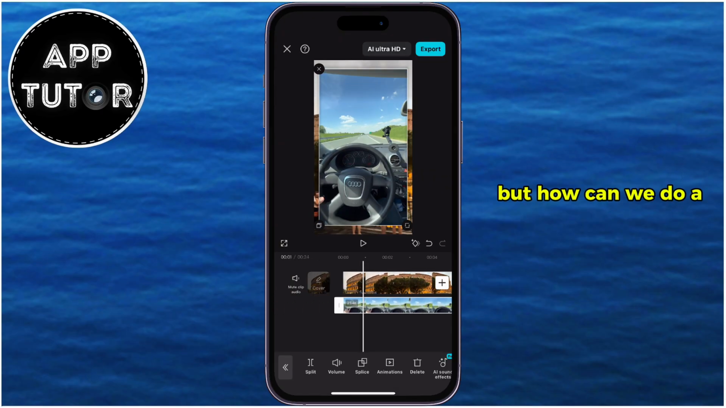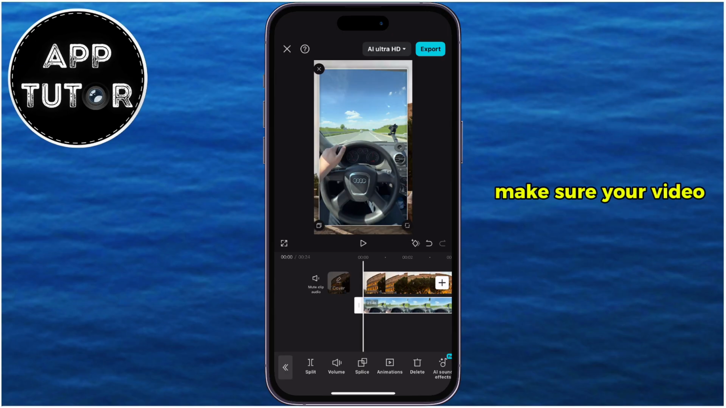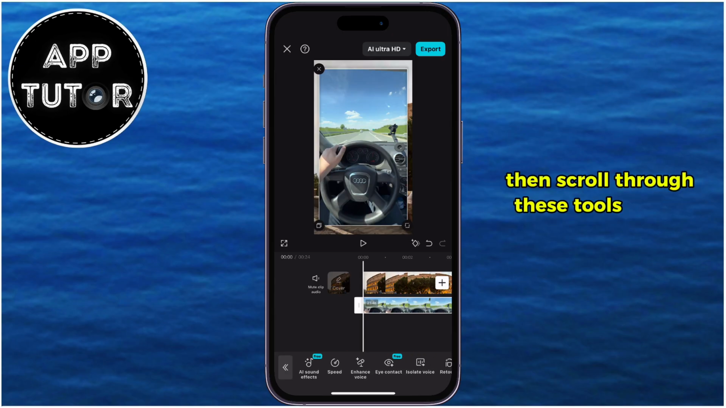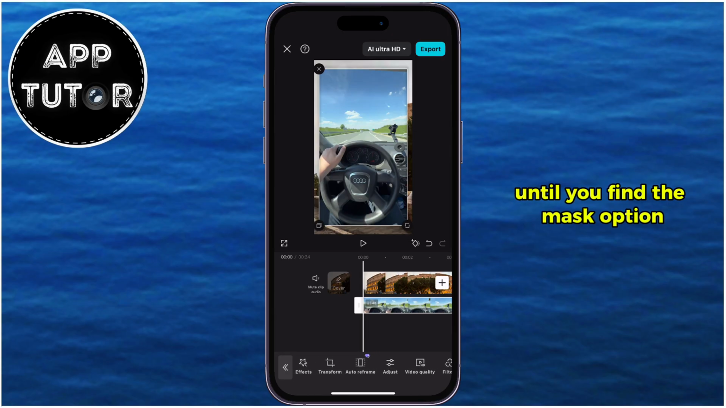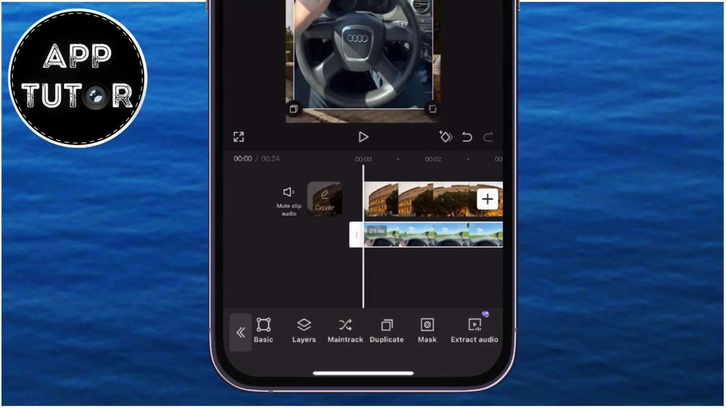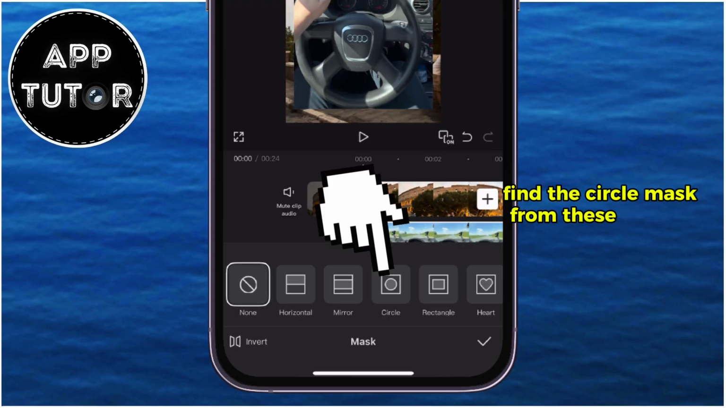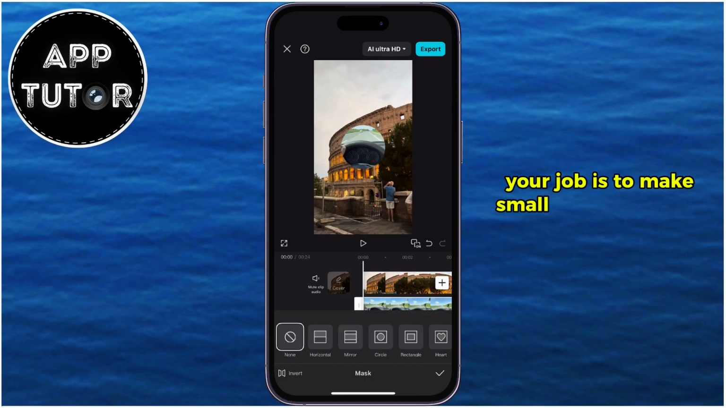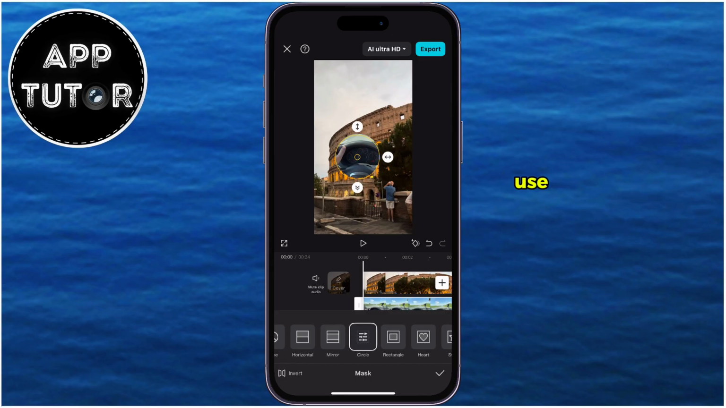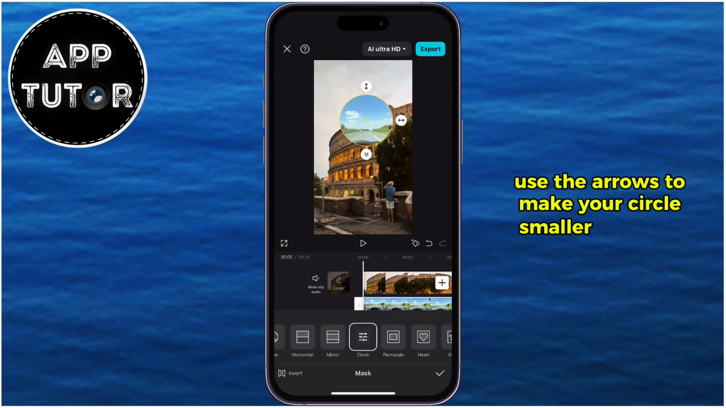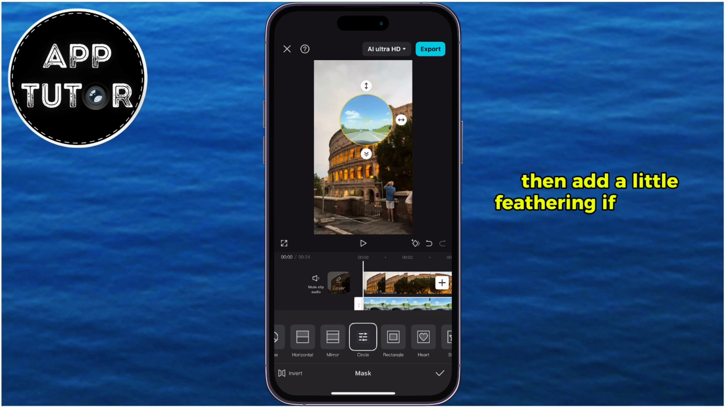But how can we do a circle crop? Make sure your video is selected, then scroll through these tools at the bottom until you find the mask option. Find the circle mask from these options, and then your job is to make small adjustments to the crop. Use the arrows to make your circle smaller or bigger, then add a little feathering if you need to, and